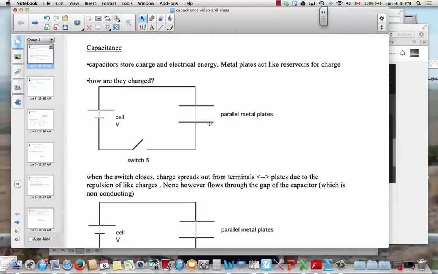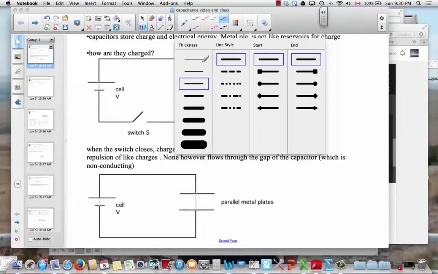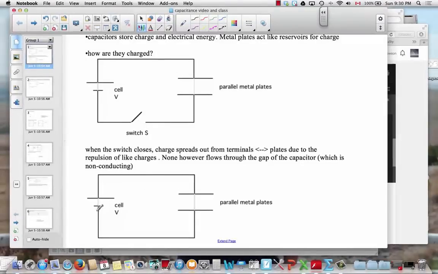So you wouldn't think that any charge could flow, but remember, think of these things as being large reservoirs. And so what will happen is that when you close that switch, there's excess charge at the negative terminal of the power supply. So there's excess negative charge here. And so some of those negative charges will push on the negative charges that are already in the wire, and these negative charges will move a little bit, and they'll start to pile up on this